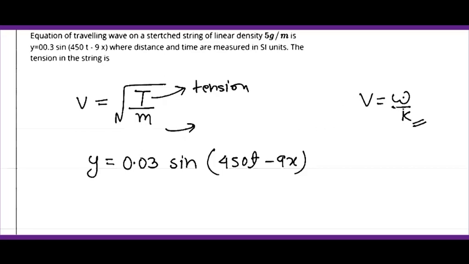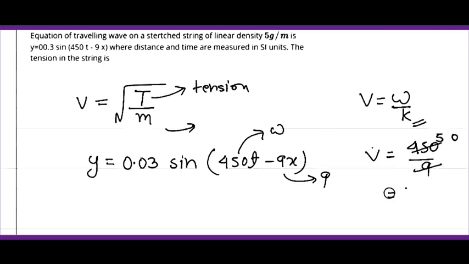So here, using this equation, we can find out the omega, which is 450 in this case, and k is 9. So velocity can be written as 450 by 9, that is 50. So velocity is 50 meter per second. Okay, now substituting this value v equal to 50 meter per second into this equation, we can write